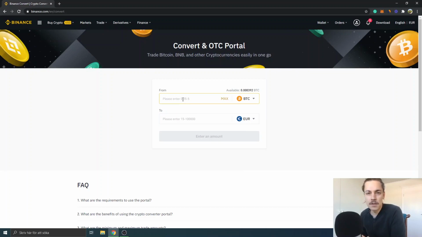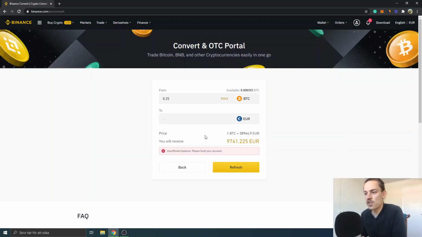And the last thing to do when you want to convert is to enter the amount of Bitcoin you want to convert into fiat. So you can see 0.25 is the least amount in this case, so I will just type that. I don't have available funds for it right now, but I will just show you how this works so you can do it. It doesn't really matter. So you can see 2 euro, and we will click on preview conversion. In this case, you will see the price of 1 Bitcoin, and you will see how much euro you will get for this